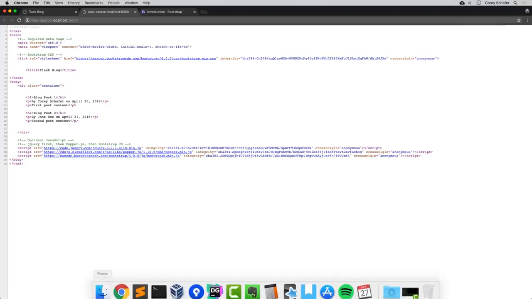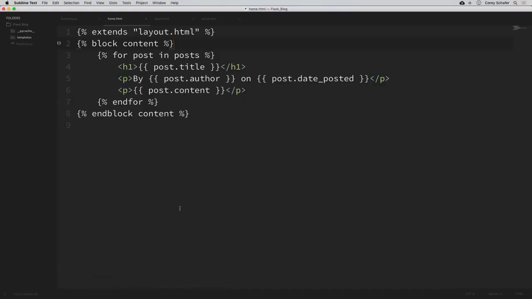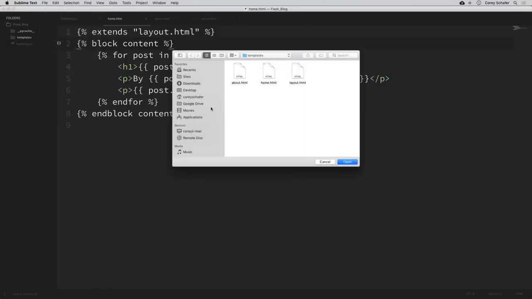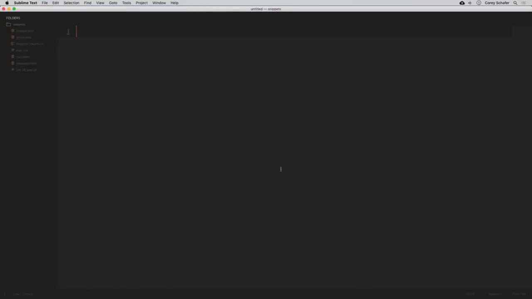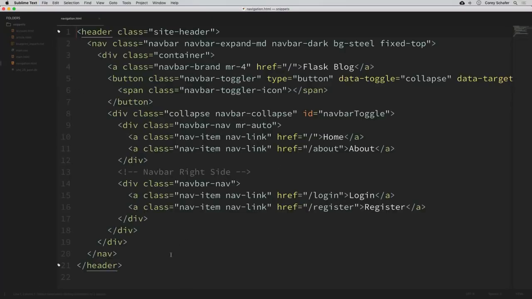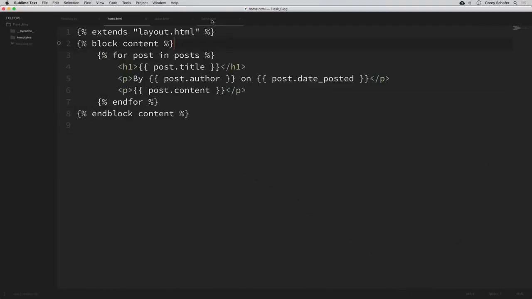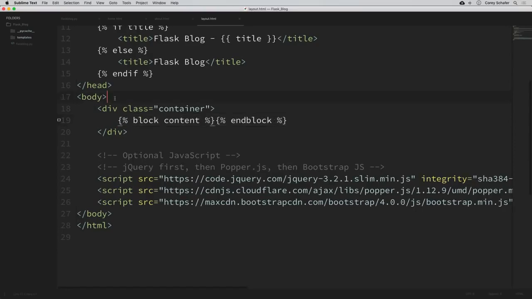So let me open up my snippets folder here, and I have this on my desktop. So I'm going to say from within Sublime, I'm going to open this snippets folder on my desktop. Now, the first snippet that I'm going to grab is in this file called navigation.html. So you can see I have a lot of HTML here with a lot of different Bootstrap styles. So I'm going to copy that and go back to our layout.html file, and I'm going to paste